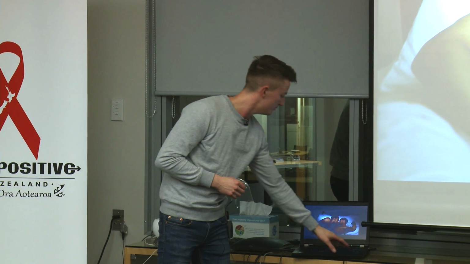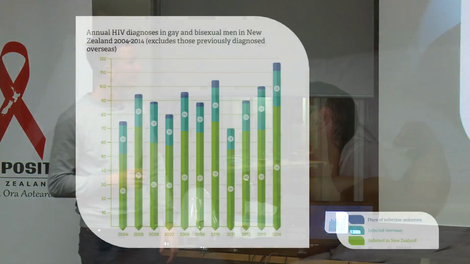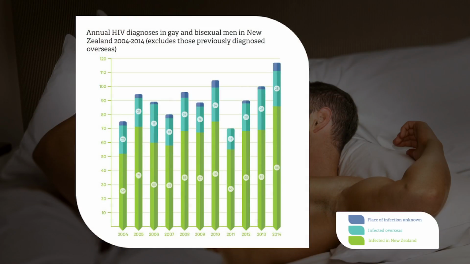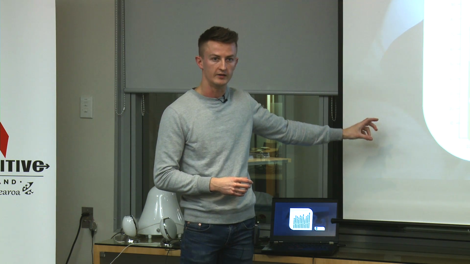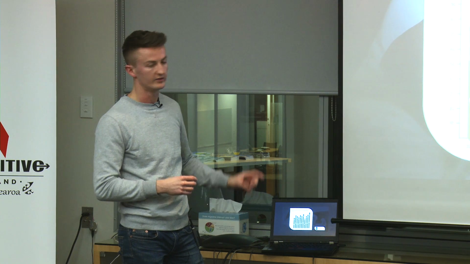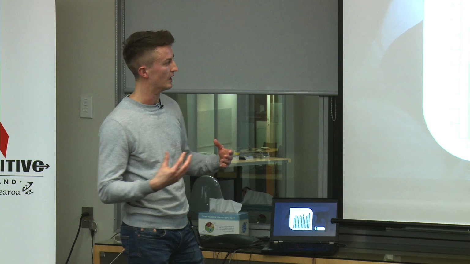And the next group is gay and bisexual men, who account for the majority of HIV infections in New Zealand. And this is the trend over the last 10 years. You can see it's been relatively stable. I could have gone back further. It actually was very low in the late 90s, early 2000s. We were looking at around 20 diagnoses each year. And that was because, in the late 90s, we got drugs which kept people alive, and